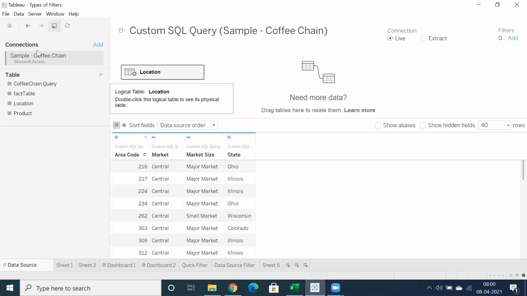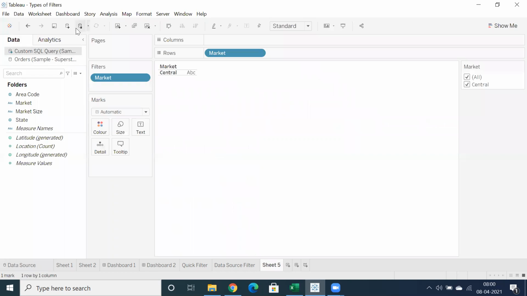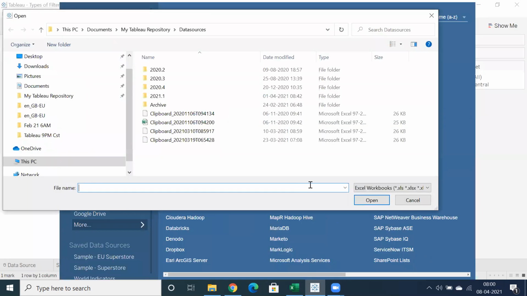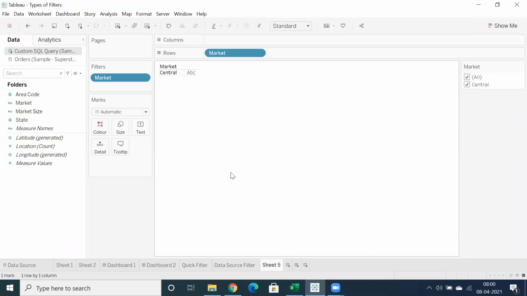I'll showcase where the option was. When you click on Excel, you have a drop down for Excel workbook, some extension here, but instead of open, there was a drop down to go for open or open with legacy. They removed that option actually. So we cannot write a SQL, or convert into custom SQL, for Excel.